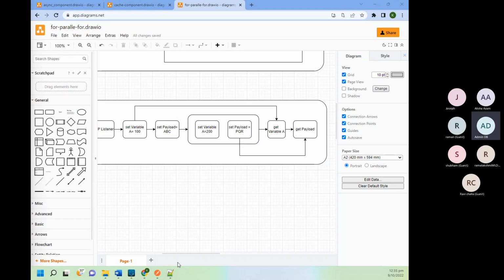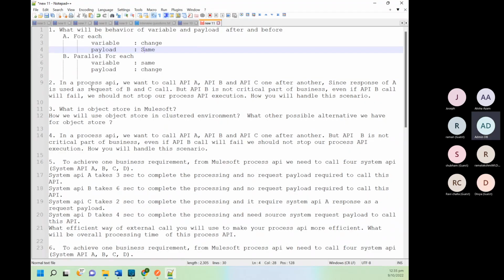Okay, so coming to the second question. In a process API, we want to call API A, API B, and API C one after another, since the response of A is used as the request of B and C. Whatever response we get from the A call, we will use in B and C. But API B is not a critical part of the business.